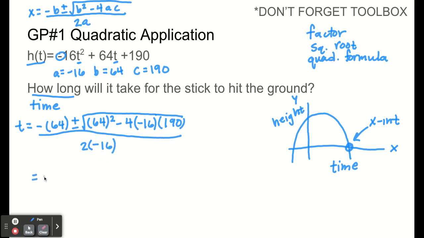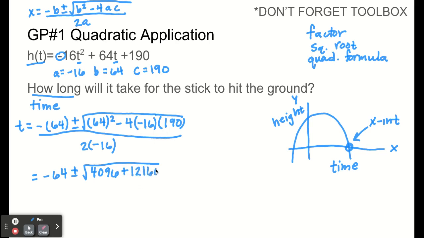So we're going to go ahead and simplify this. 64 squared gives us 4,096. Negative 4 times negative 16 is going to give us a positive 64, times 190 is going to give us